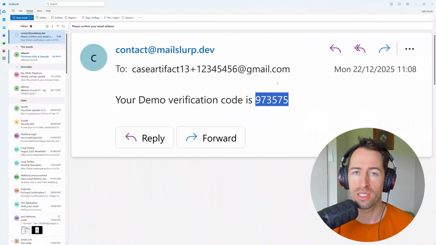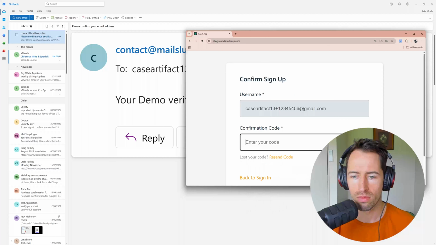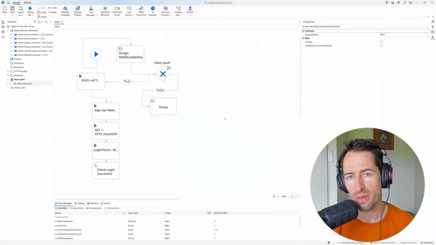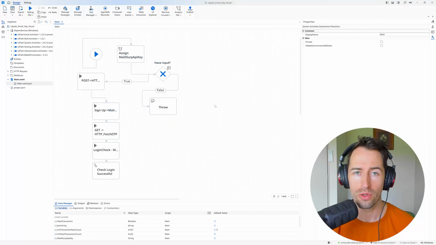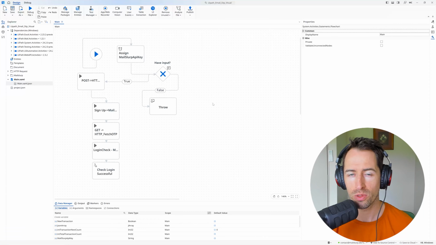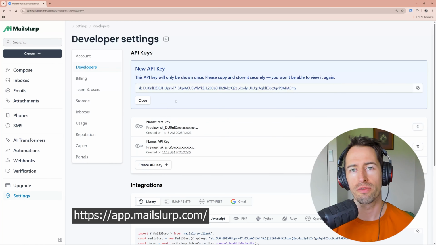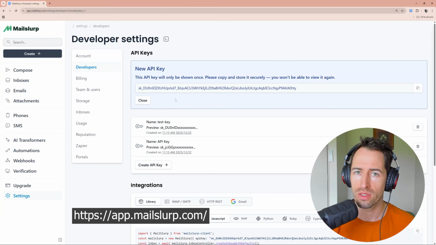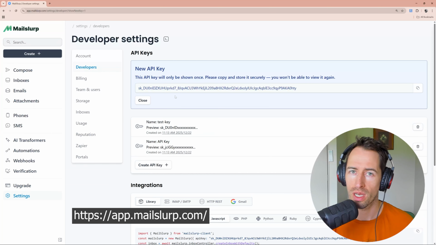This one-time code is received by our email account and must be entered into the confirmation box to confirm the account. In this demo, we will automate this process using UiPath and a disposable email API service called MailSlip. MailSlip is a free API service that lets us create and control email accounts in our tests and automations. All we need to do for this demonstration is sign up for a free account and copy our API key